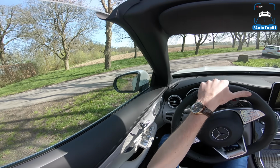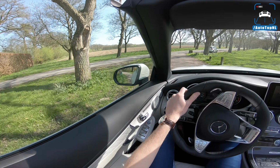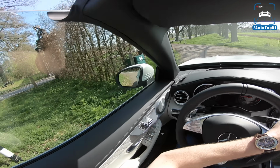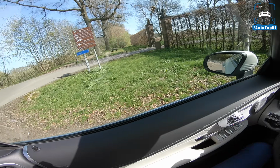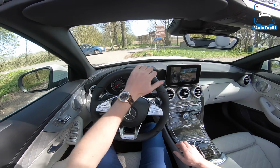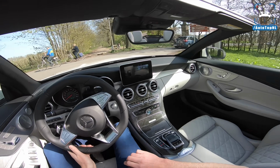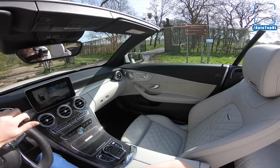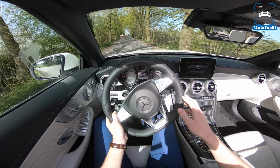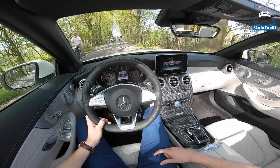I don't think I can make that turn. Watch out for that pole there, because we just saw someone hit it quite hard. Someone who shouldn't have a driver's license, but still they hit it. Right, we'll go this way. Well, this is really nice. It's a bit busy here, but